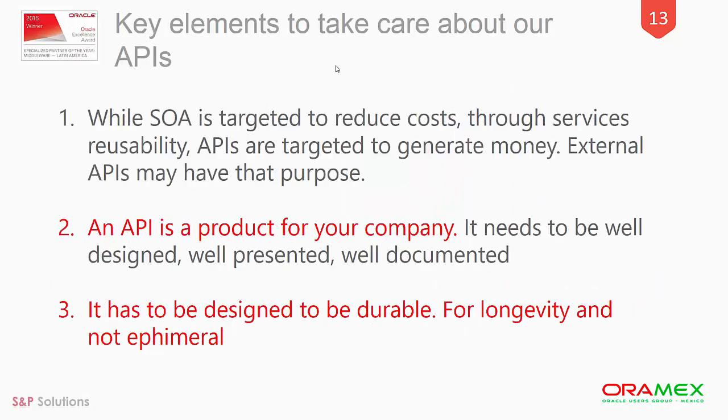That's the relevance. If we take care about some elements that we can highlight when we are defining the APIs, we can say these three things. Let's just take a minute to analyze it. When we are doing service orientation or services, it is because we are trying to reduce cost. And that reusability, it is because we would like to reduce costs during projects.